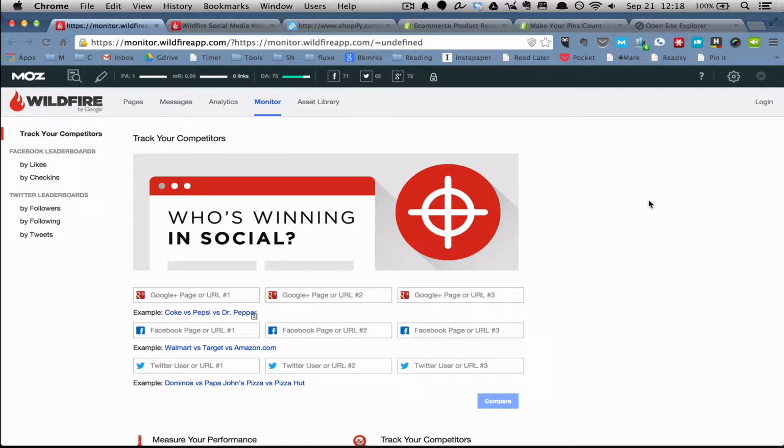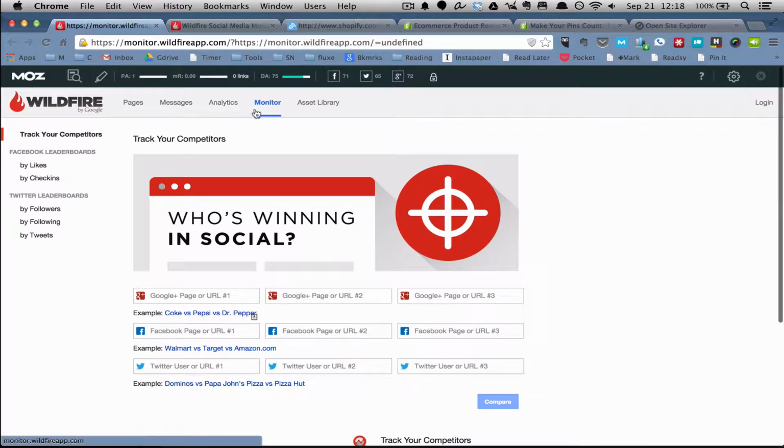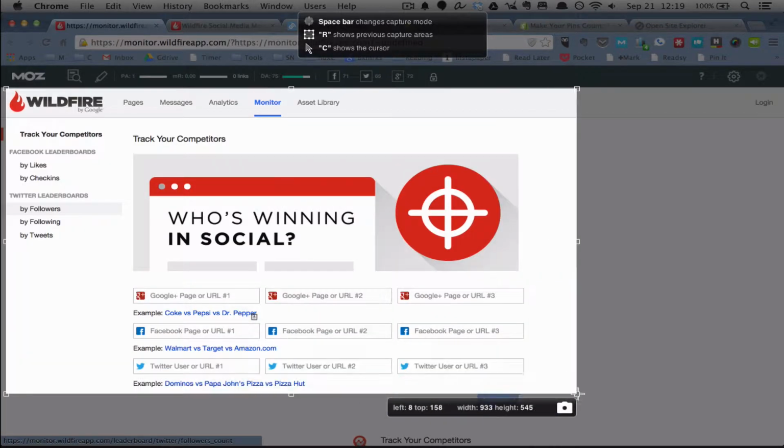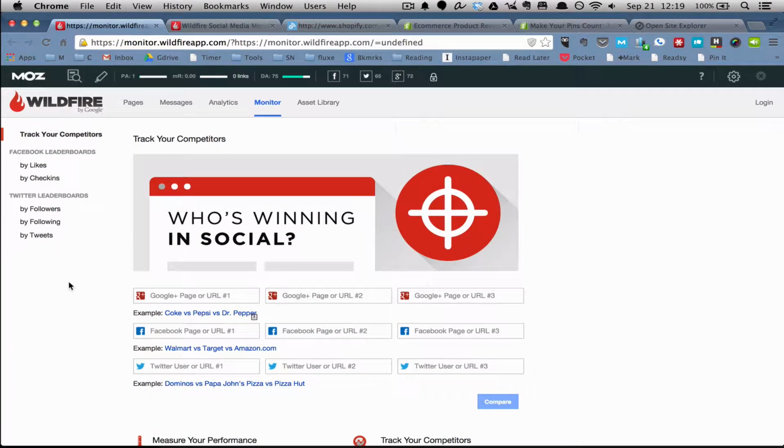So one last tip for Facebook is you can use this app called Wildfire, and what that does is you can actually track your competitors. It's monitor.wildfireapp.com, and so what you can do is, I've already thrown it up. I put the URL of Shopify's Facebook page in there, and to save us the waiting time, we will just